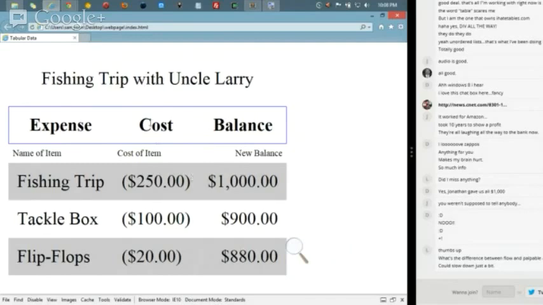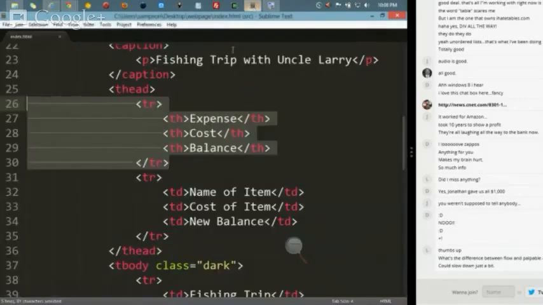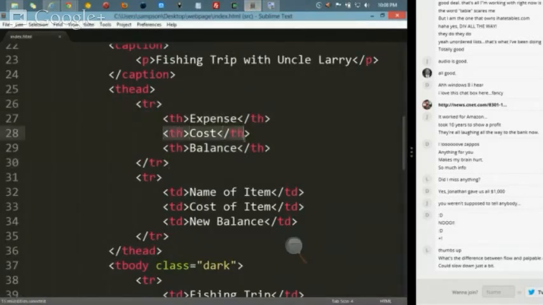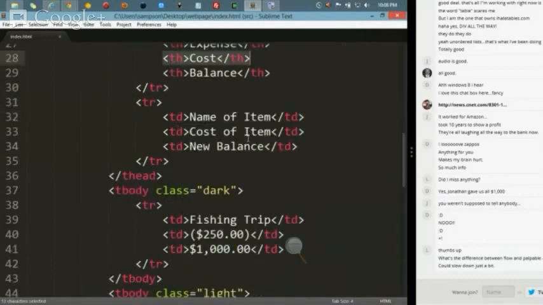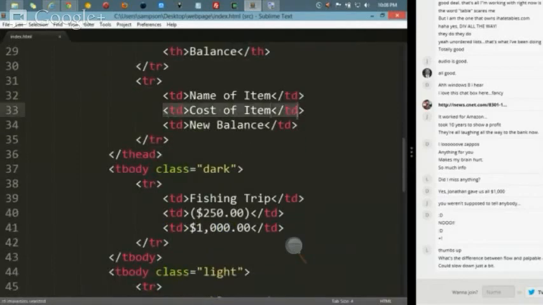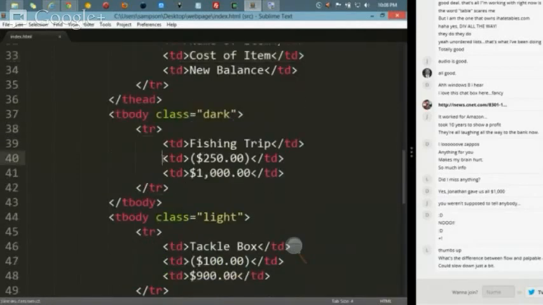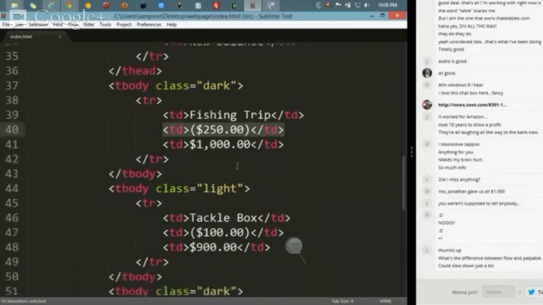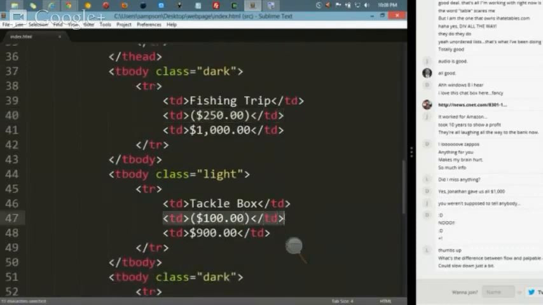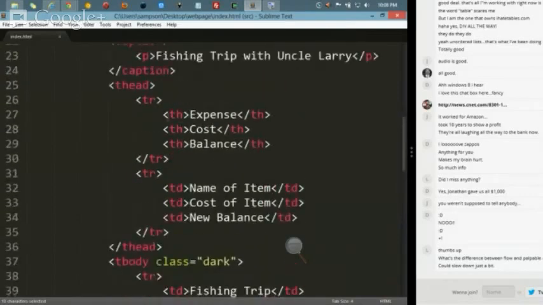There's a relationship between cost, the second TH, and everything below it. So the second TH has an implicit relationship with the second TD in every subsequent table row. The first TD is tied to the first TD of every other row and also to the first TH